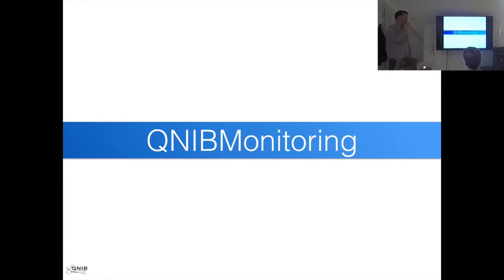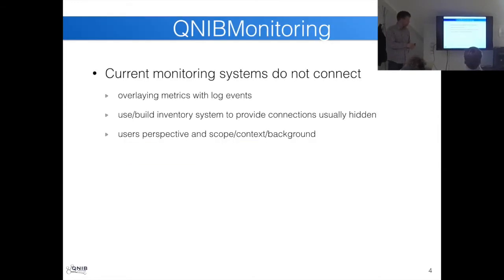And by implementing this little framework to create different services on my laptop, I also created a framework to use logs and performance metrics and inventory data, and this is where we jump in, I guess. So QNIB monitoring. Currently, in most inventory or monitoring systems, you cannot overlay metrics with events. You showed one slide where you have these metrics, I don't know what metrics it was. Just a scalar, it's just logging content. Yeah, but you could imagine if you have network traffic and you want to overlay more context to it, then you might want to overlay